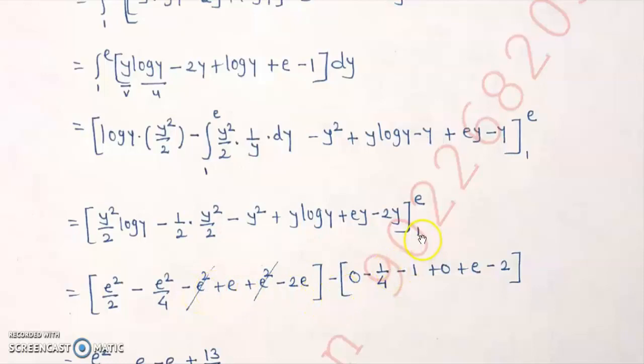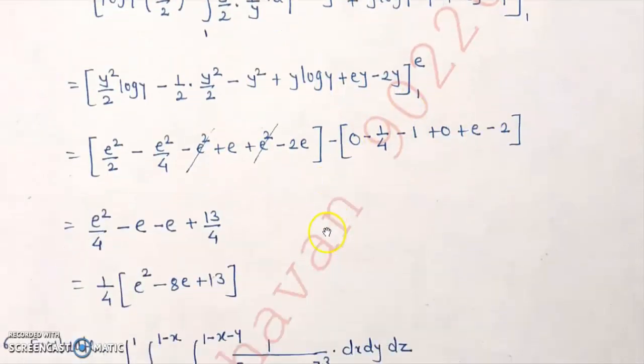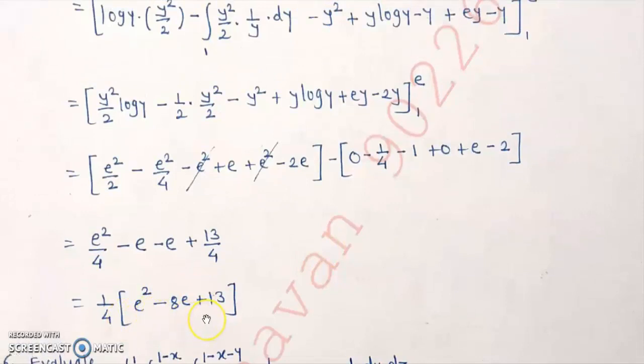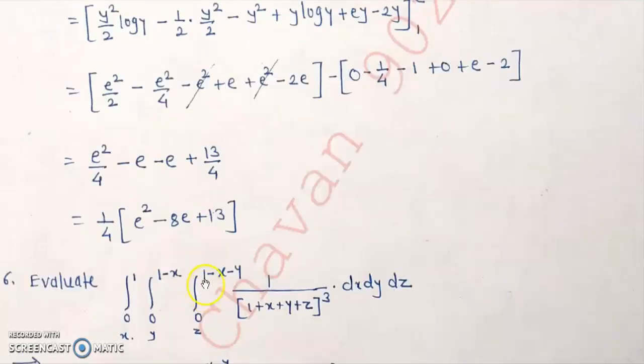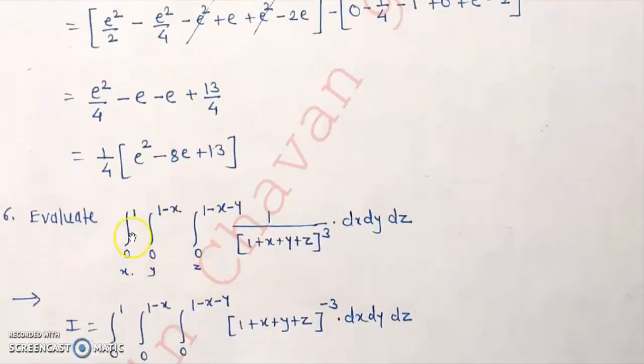Minus lower limit gives us y as 1. If you put, we get log of 1 is 0, so all the log terms go to 0, so only minus y square by 4 here, that is 1 by 4 here, minus 1 plus e minus 2. So when we simplify it, we get 1 by 4 times e square minus 8e plus 13. Okay, very simple example. And the last one here, evaluate integral 0 to 1, 0 to 1 minus x, 0 to 1 minus